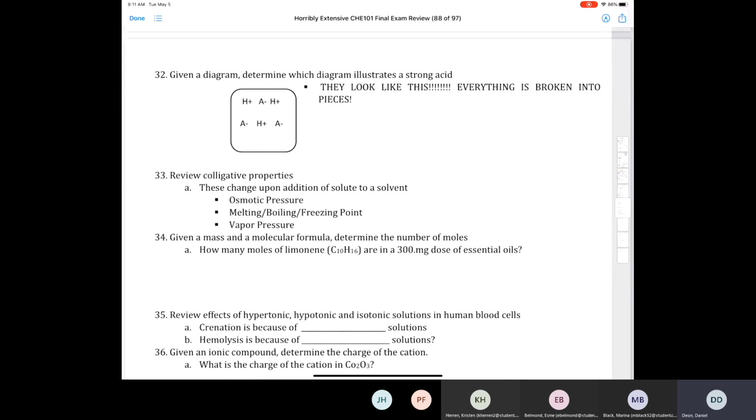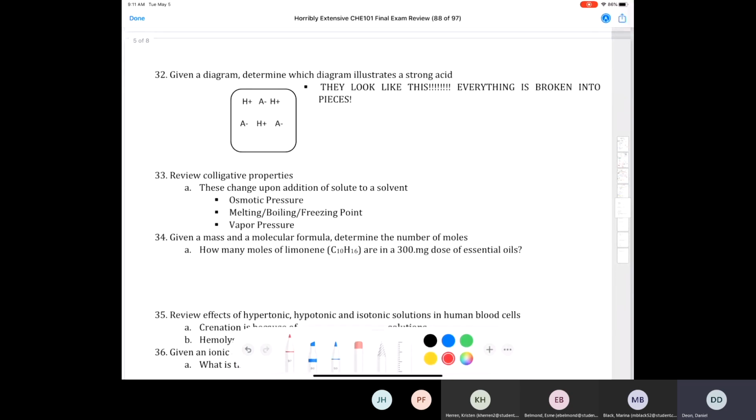So let's take a look at question number 32. This is where we left off. It says, given a diagram, determine which diagram looks like a strong acid. This is again written by Dr. Garcia. She really likes to use exclamation points and capital letters. You need to know that a strong acid